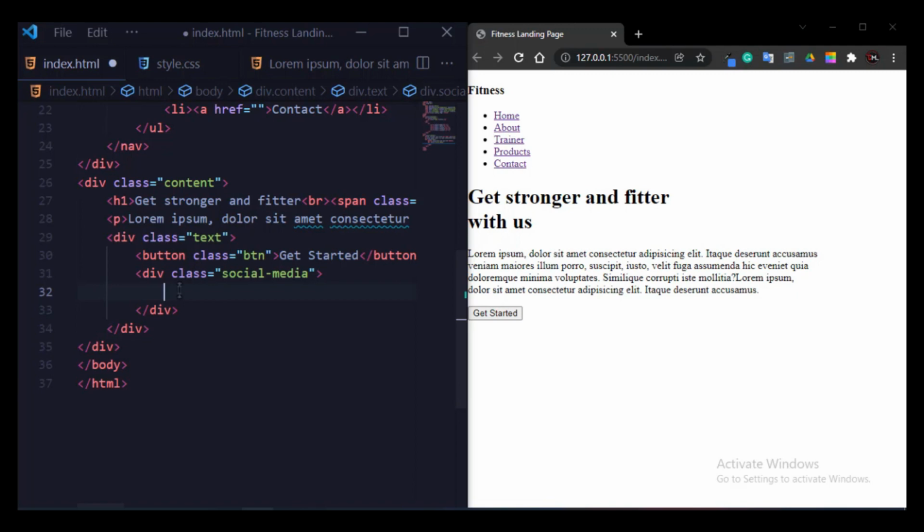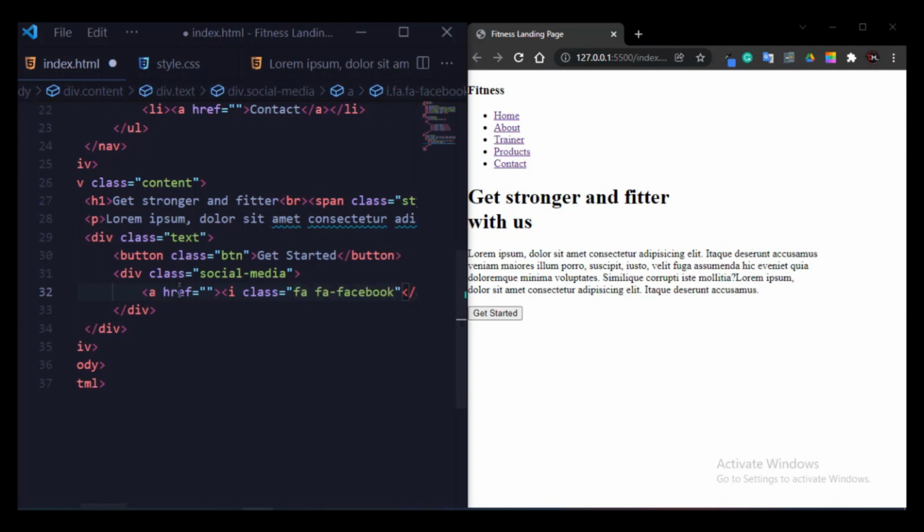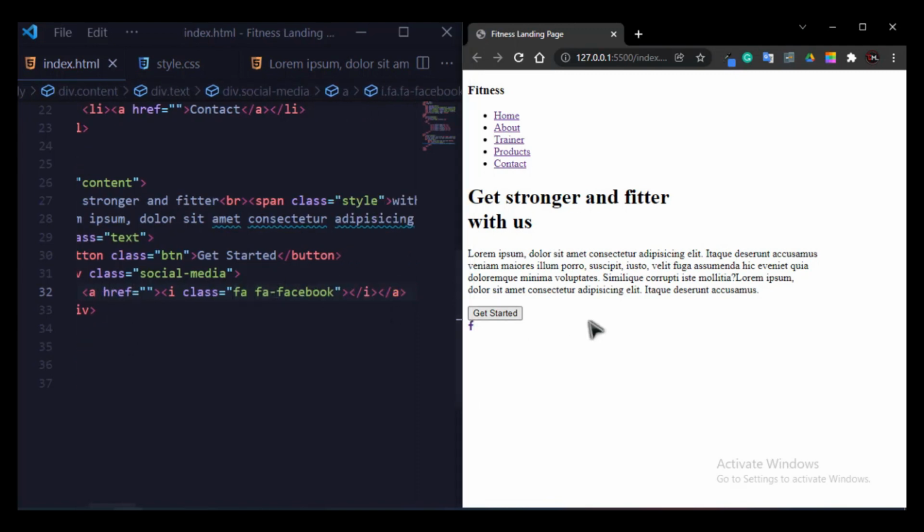So now here I write a href and i class fa Facebook and save it. So you can see the output, the Facebook icon is coming.